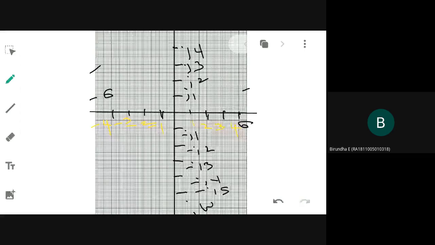Sumit, present the screen with your graph. Let me see. All the others also locate the poles. Poles you have to locate as cross marks. There are no zeros, so there will be no circles. Locate the poles. That is your first step. Sumit, are you going to present or shall I proceed?